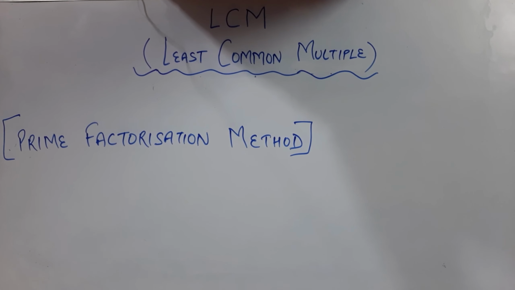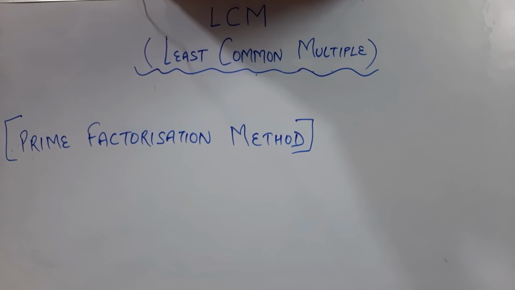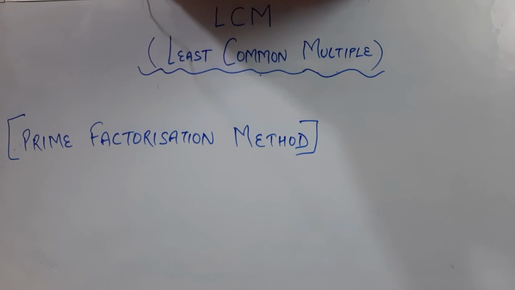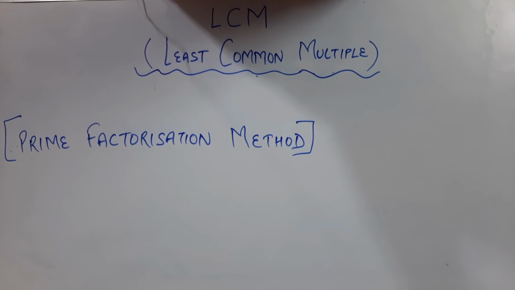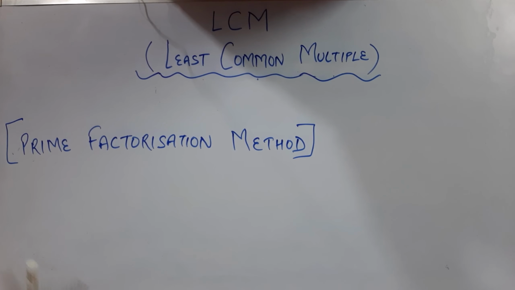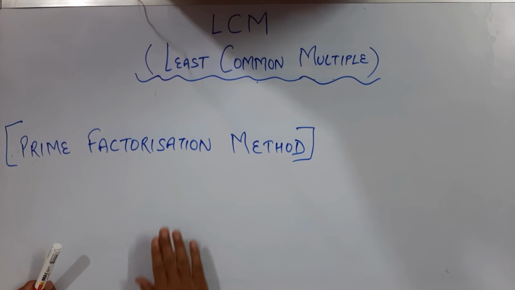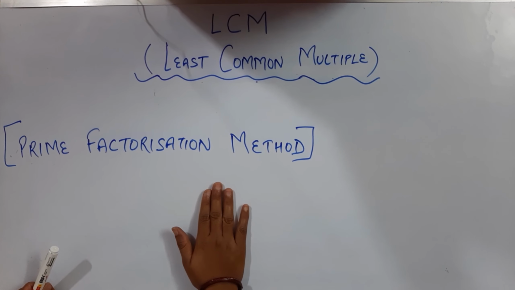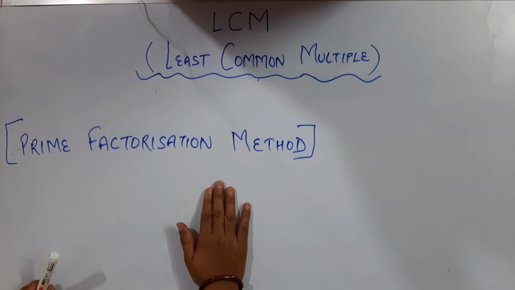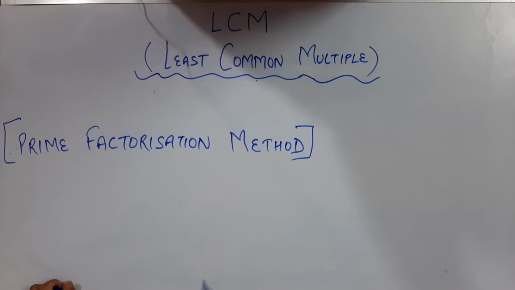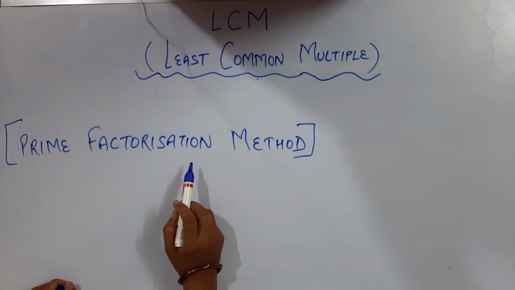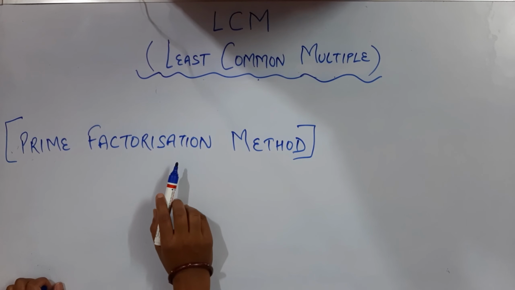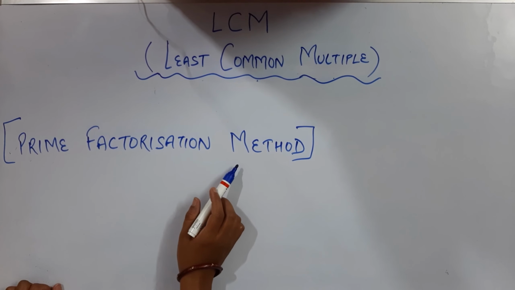Kids, we normally learn the table up to tens, like 6 10s are 60. But if somebody asks us what is 6 11s, that is a little bit difficult for our kids. So, to write down all the multiples of a given number can be a little bit difficult for kids. So I am using here the prime factorization method to find the LCM. That will be easy for you all kids. What do we do in the prime factorization method?